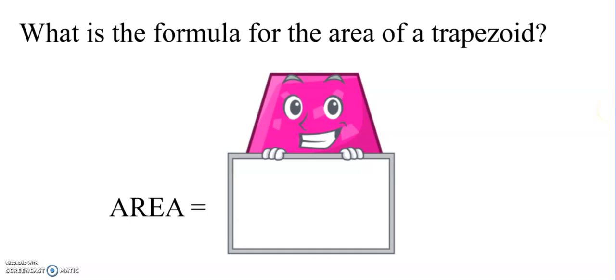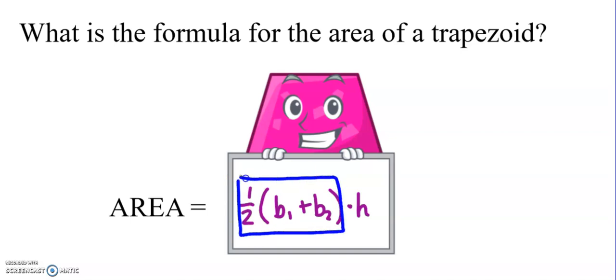Today's notes are all about the trapezoid rule for approximating the area under a curve. So let's start by just remembering from geometry what the formula for the area of a trapezoid is. The area of a trapezoid is going to be 1/2 one base plus the other base times the height of the trapezoid. So if we think about this, what we're really doing is this part right here is averaging